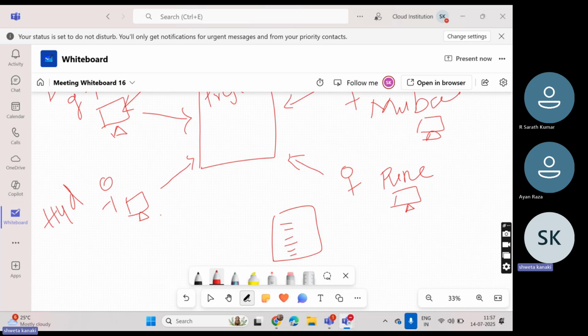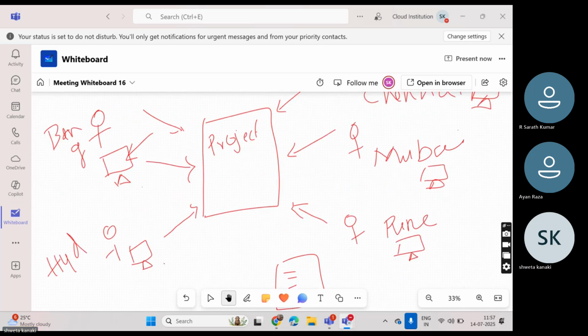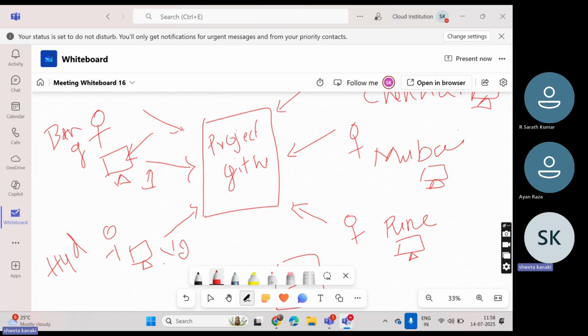Whatever changes the Bangalore person made is called one version of that file, because he put it into the GitHub platform. Whatever he pushes becomes one version. Another person makes some changes and pushes into the same project on GitHub, so it becomes another version of that file.